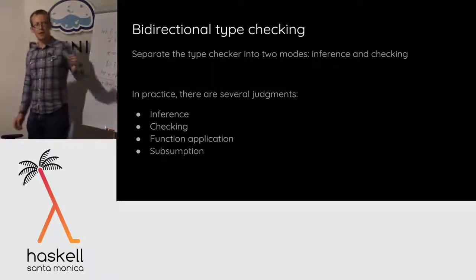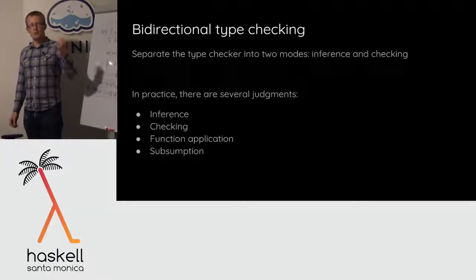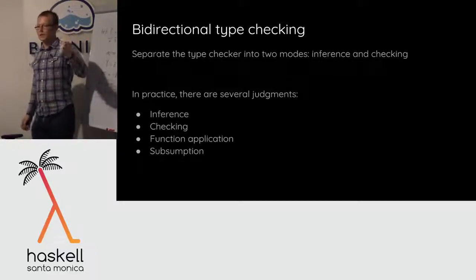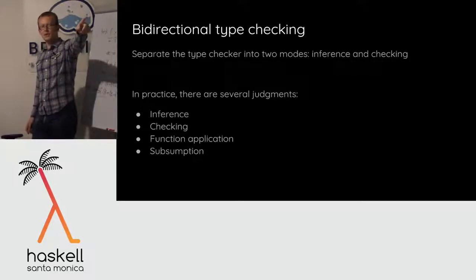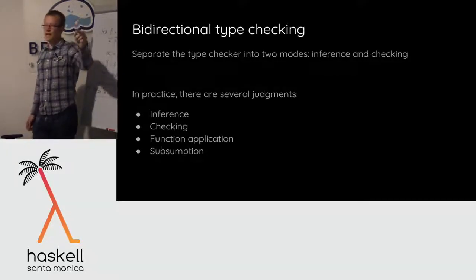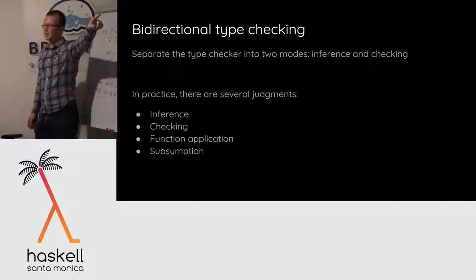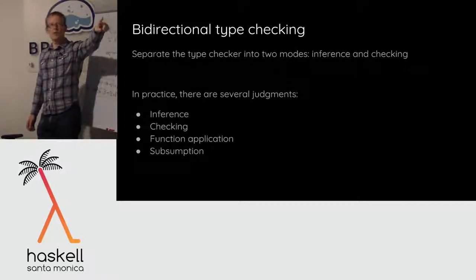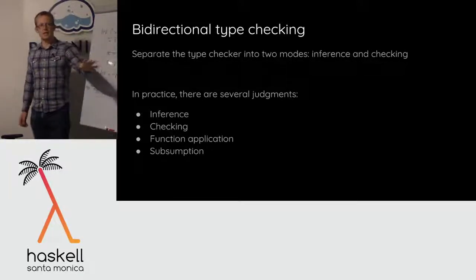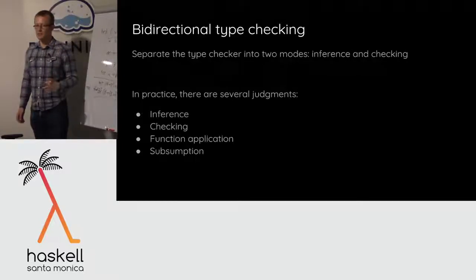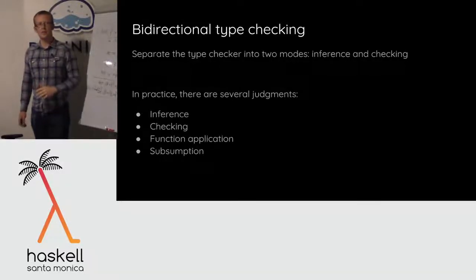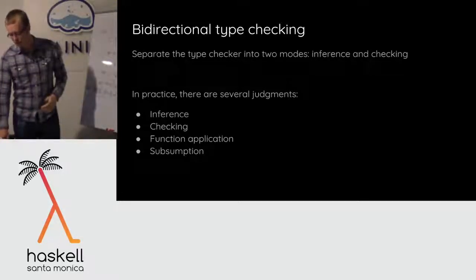If you have type annotations, you can split your type checker into two modes, right? If you have a type annotation, it's easier to check that a term has a type than it is to try and guess what the type was and then check that you guessed the right type, right? If you don't have a type annotation, you have to fall back on inference, right? That's mode one. No type annotation, you just do type inference. If you have a type annotation, it's better to check that the type annotation is correct, okay? Because it'll give you more information to check with.